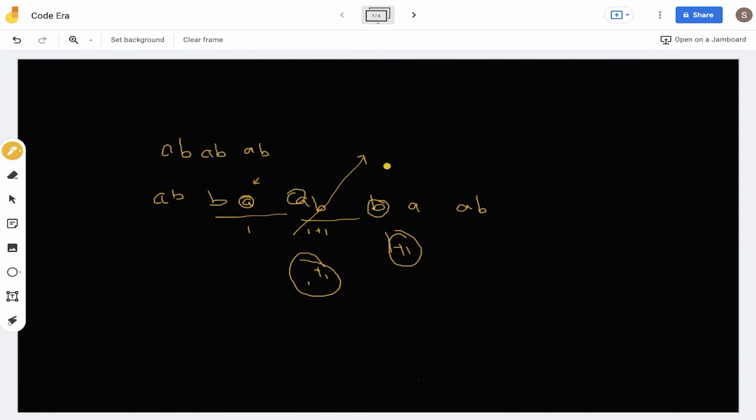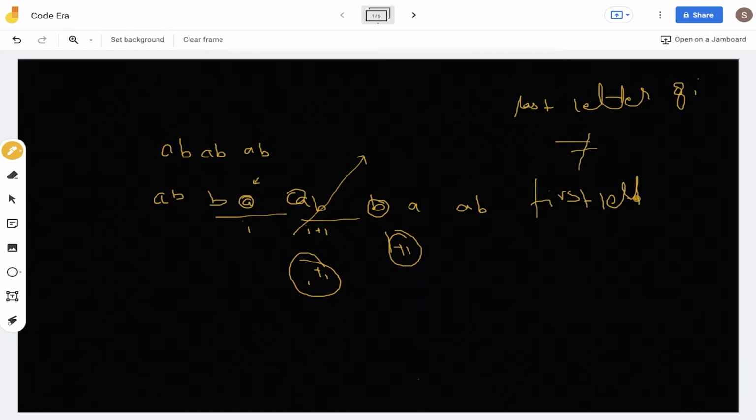So we can check this easily by just iterating over these bigrams, to see if there is any case where the last letter of the ith bigram is not equal to the first letter of the i plus 1 bigram. If there is any such case, then we can say that a bigram is missing there.